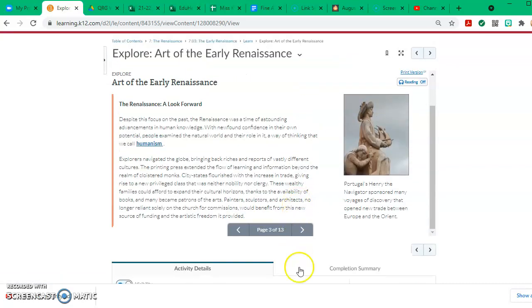Despite the focus on the past, the Renaissance was a time of astounding advancements in human knowledge. With newfound confidence in their potential, humans examined the natural world and their role in it, a way of thinking that we call humanism. Explorers navigated the globe, bringing back riches and reports of vastly different cultures. The printing press extended the flow of learning and information beyond the realm of